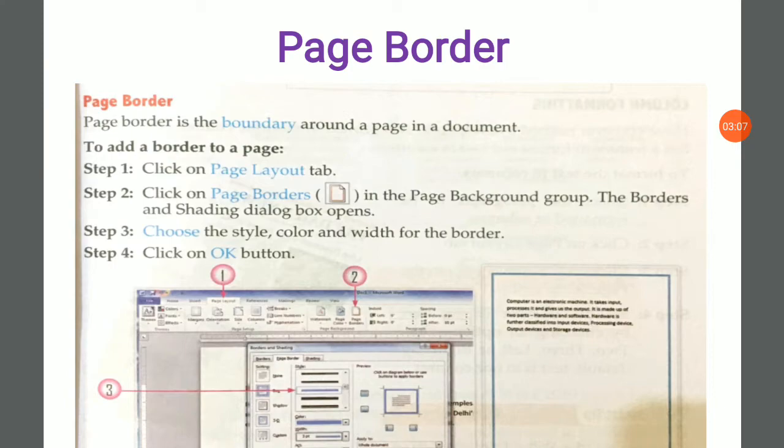Step second, click on page border in the page background group, and the border and shading dialog box opens. Step third, choose the style, color and width for the border. Step 4, click on OK button.